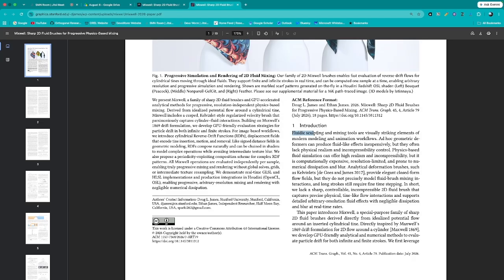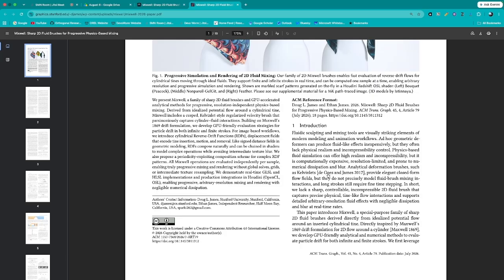So this is the class of tools that they're trying to develop an improvement upon. Fluidic sculpting and mixing tools are visually striking elements of modern modeling and animation workflows. Ad hoc geometric deformers can produce fluid-like effects inexpensively, but they often lack physical realism and incompressibility control. Physics-based fluid simulation can offer high realism and incompressibility, but it is computationally expensive, resolution limited, and prone to numerical dissipation and blur. And so then they talk about, in the abstract, they talked about Kelvinlets, which are these analytical